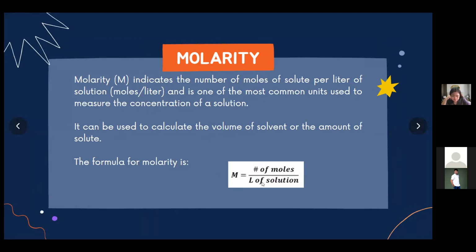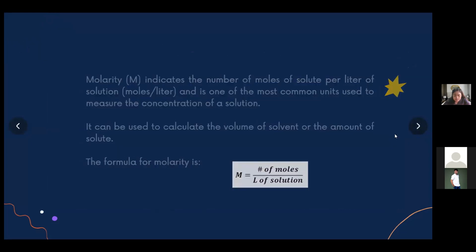When we calculate the molarity of a solution, the number of moles of solute must be divided by the total liters of solution produced. If the amount of solute is given in grams, we must first calculate the number of moles of solute using the solute's molar mass. Then calculate the molarity using the number of moles and total volume. So next is